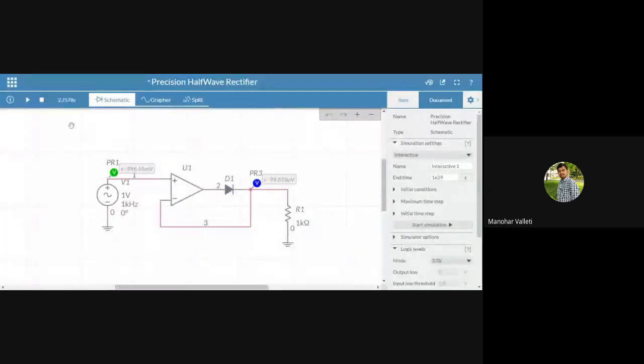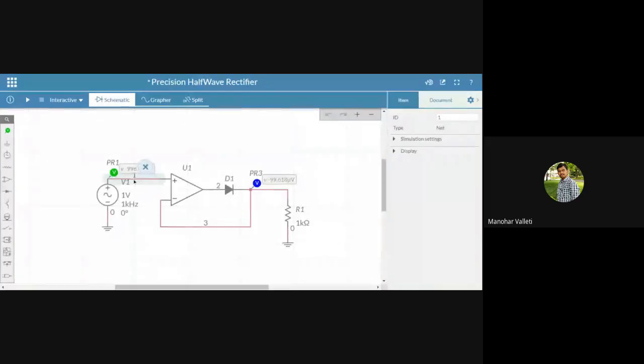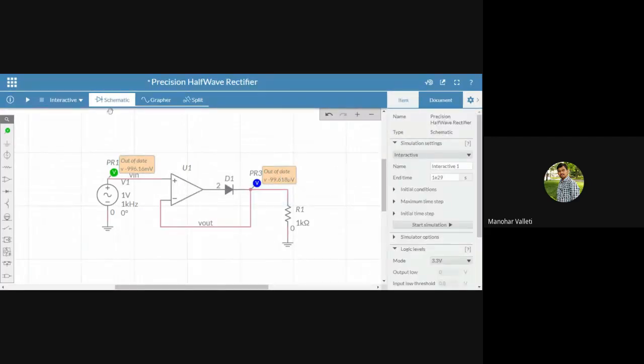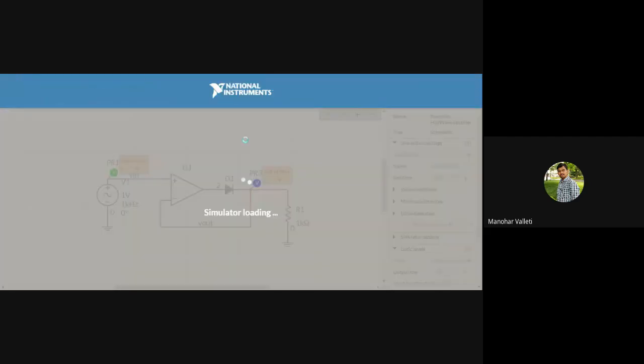stop the simulation. Select the particular direct wire. Here the ID is there. There you can give the name directly. And this is the output, right? So V3 is there. Type there, give the name to that. Now again try to simulate. So it is easy to identify what signal is what at the graph window.